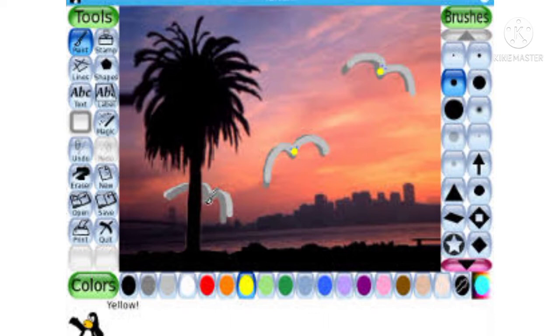Number 3. It provides a large variety of magical effects, special sound effects and animations that can be added to the drawing created by the user. Number 4. Its official mascot, the Linux Penguin, guides and helps the user understand different features of TuxPaint.